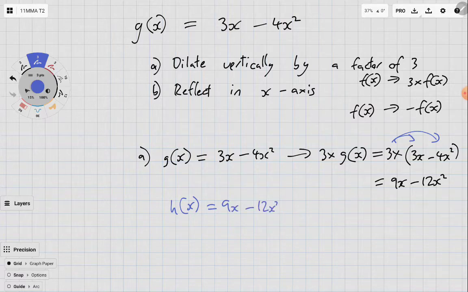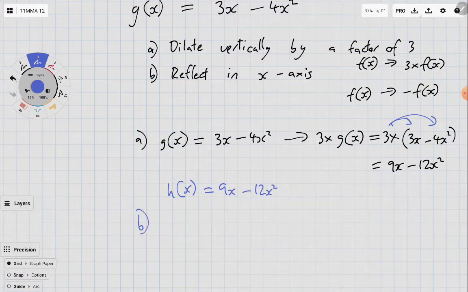Alrighty, and let's now do part b, which is a reflection. And remember, it's going to mean that h of x is going to become negative h of x. Alrighty, so let's do that. So h of x is equal to 9x minus 12x squared, and it's going to become minus h of x by the rule,